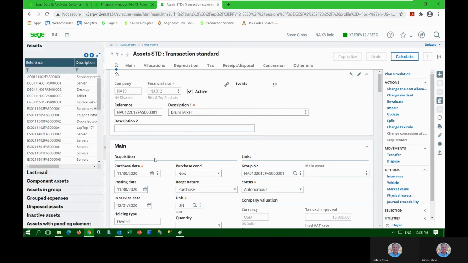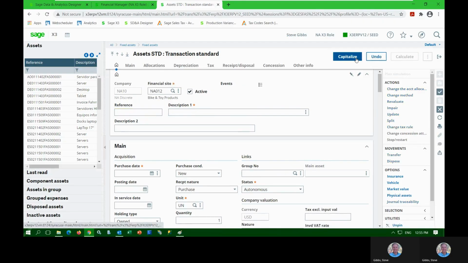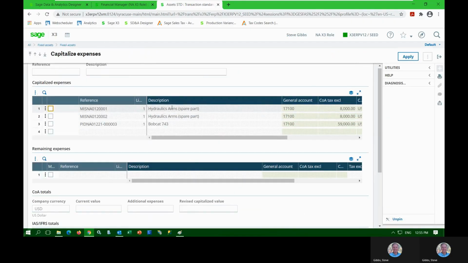Got an asset screen. We've got site, description, other details. Let's go ahead and create a brand new one. So we're going to go ahead and hit the plus button here. Go into capitalize. What we have here is a listing of any